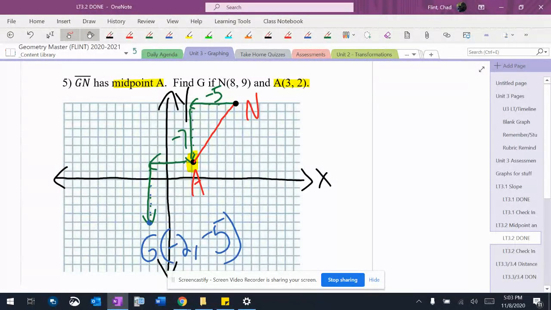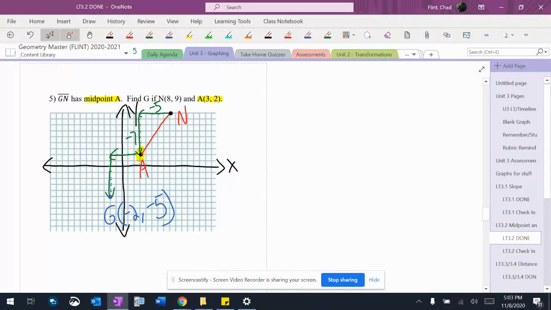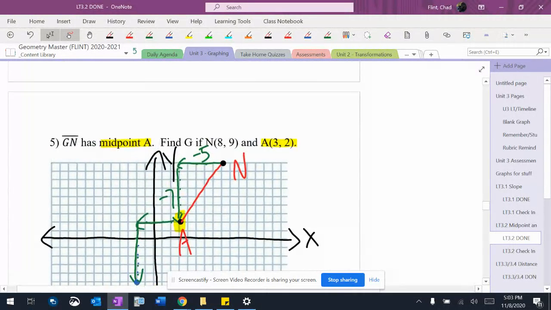-5. Now, if you wanted to, you could go ahead and see if that worked out as the midpoint by drawing in the whole thing there. But as long as you've been careful, you should be okay. And then make sure that that A that's highlighted in yellow is in the middle of that line segment, or else it doesn't